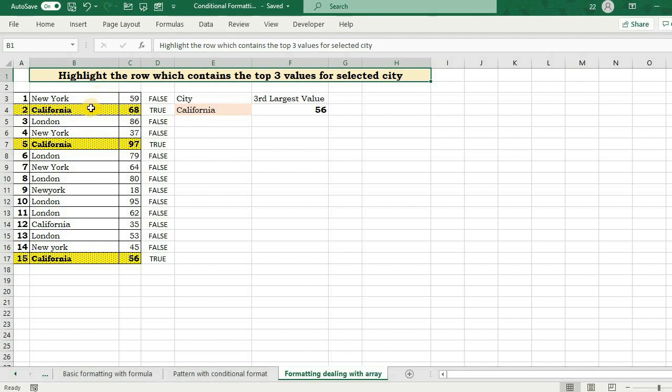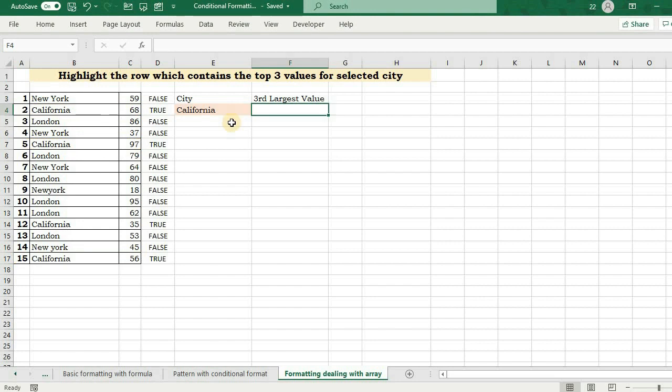My task here is to highlight the rows which contain the top 3 values for the selected cities. Like we have California here, there is so much data for California, but I want to highlight the top 3. So how can you do that? Since we want to find the top 3 values, first of all I will find the third largest value. So how can you find it?